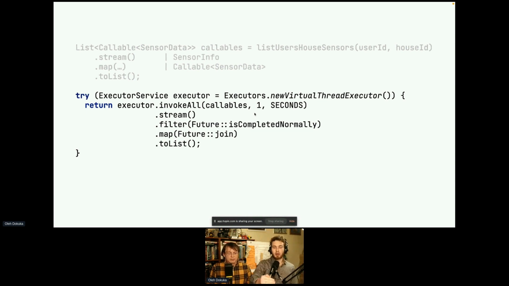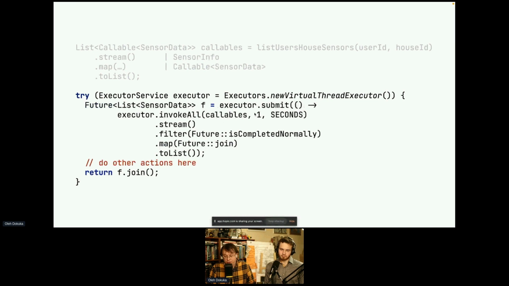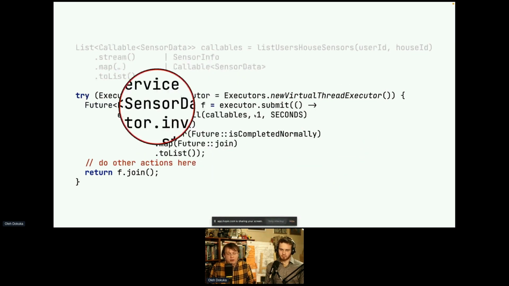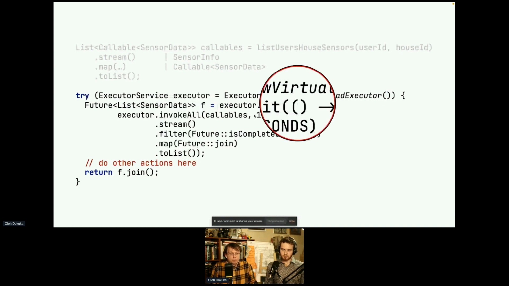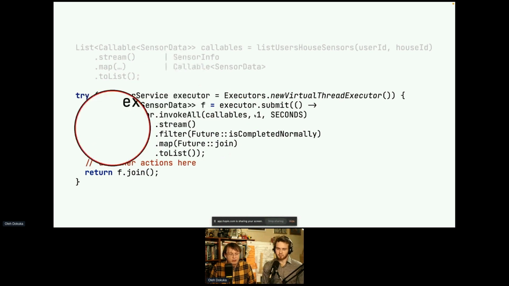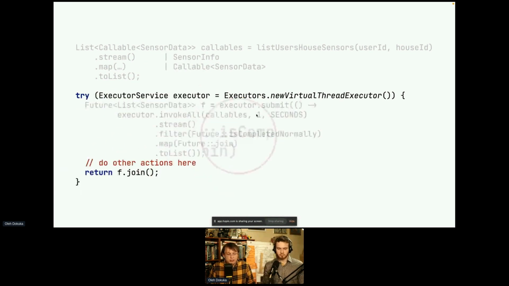And if I want to do business logic in between, I would be required to wait for the invoke call first. So what should we do if we don't want to block? We should run this particular execution in a separate thread. And we can do this now because threads are cheap now. Virtual threads are cheap now. So we can use executor submit, put another thread executor invoke call inside it, and here we can do our business logic. And at the end we join, and that works fine. Okay, but still kind of ugly.